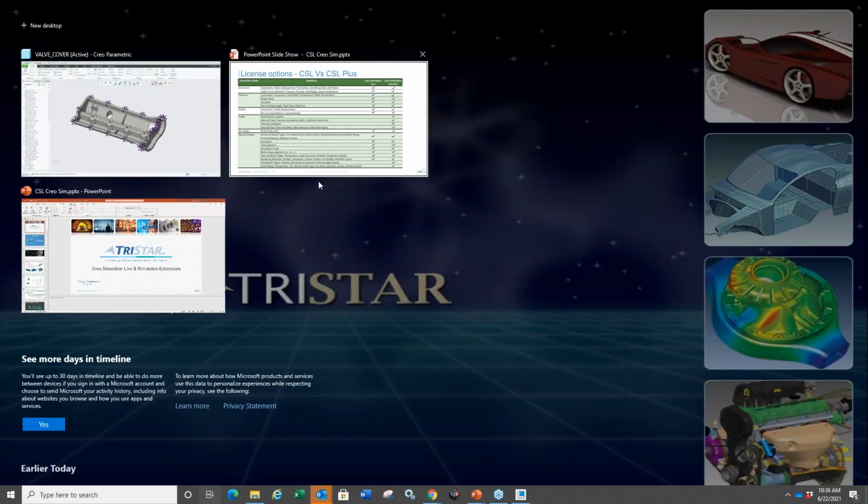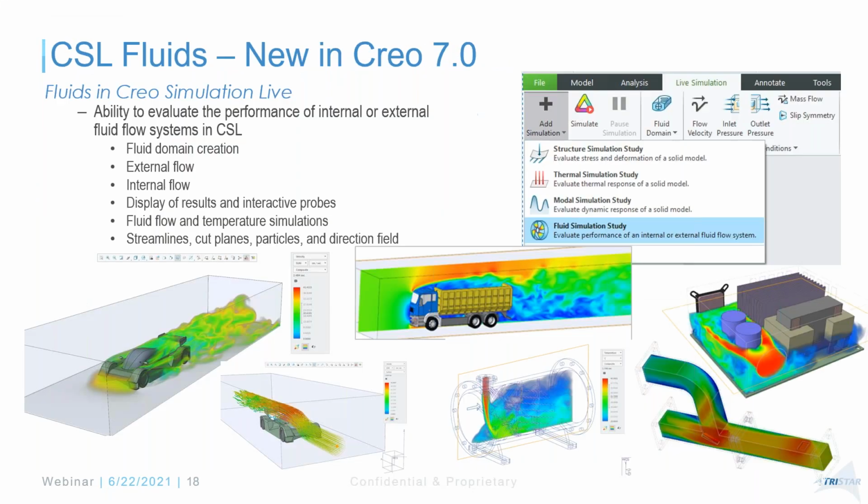Now, going back to my presentation here, starting with Creo 7, they did include fluids, right? It's pretty powerful too, wherein the fluids capability allows you to create the fluid domain automatically. There is a built-in algorithm that automatically creates the fluid domain for you. You could do external flow, internal flow, right? Obviously, it is not as powerful as a full-fledged CFD tool. Again, we want to keep it simple for the design engineer, more of a directional tool to give you quick